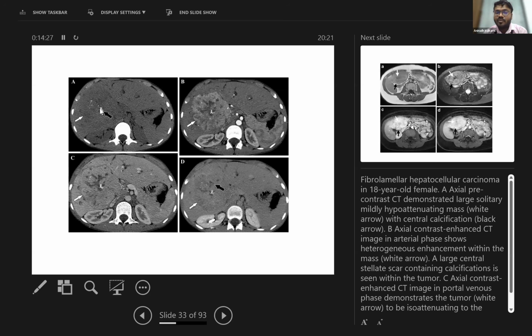There is a hypodense lesion with central calcifications. There is a central scar with calcification, fibrolamellar HCC. It is showing heterogeneous enhancement, but the scar will not show. And in the subsequent phases,